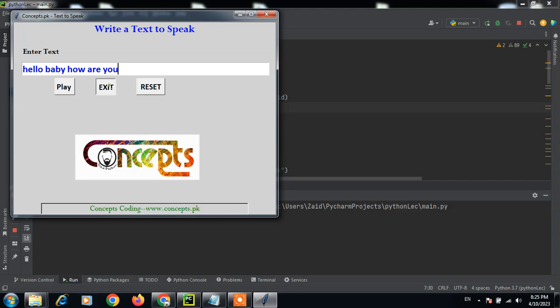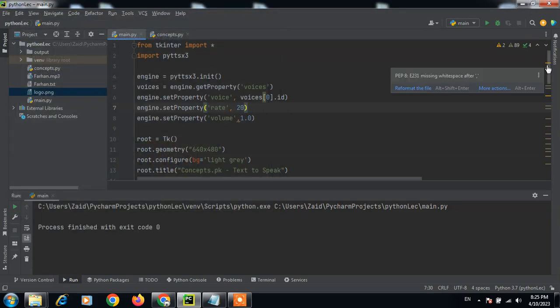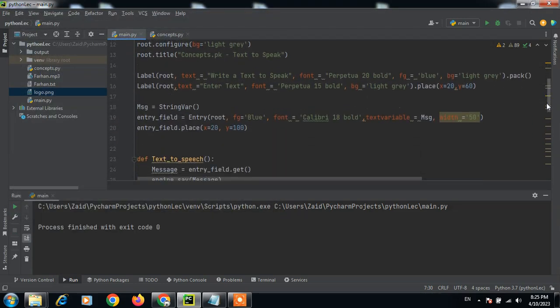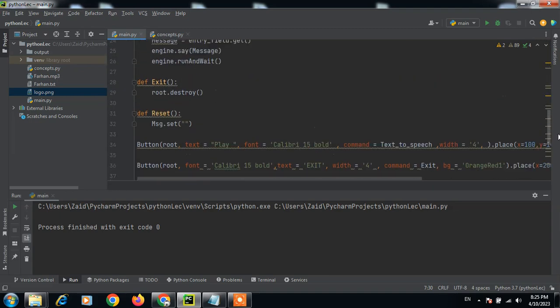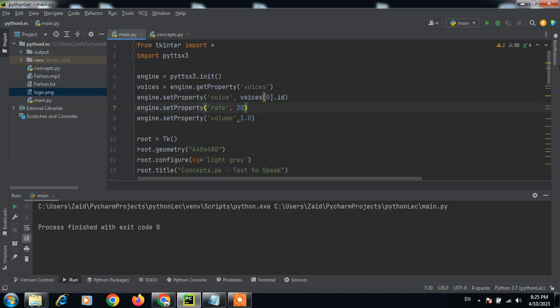So now I guess you have understood the code and you can write it, and this is a very cool project. You can make a web app with this one, and you can use it very easily. So I think the video is too long now,